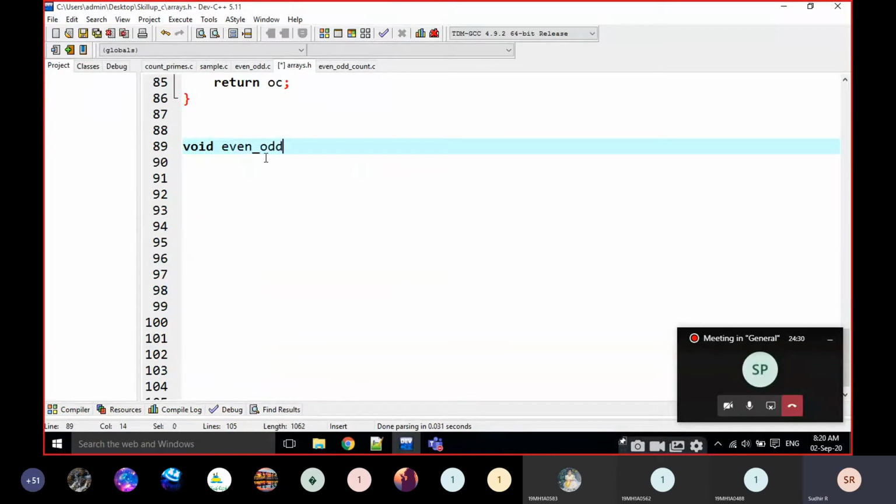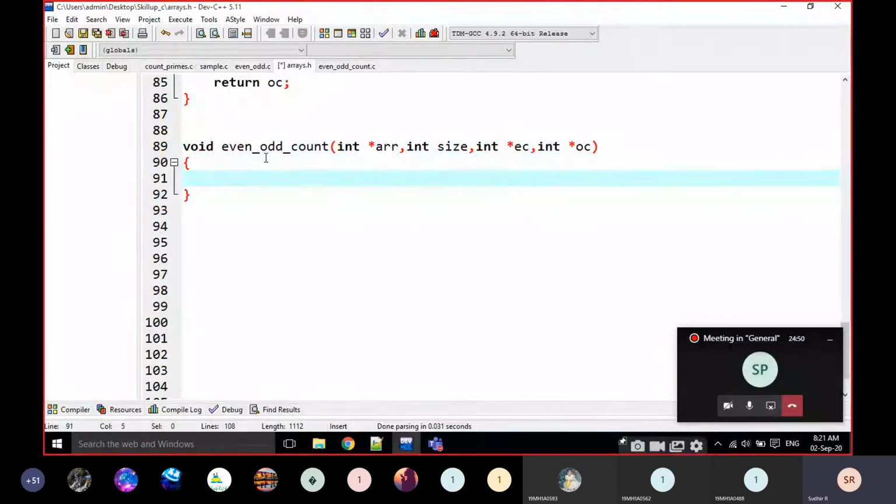even_odd_count of int star arr, int size, int star ec, int star oc. What does this mean?